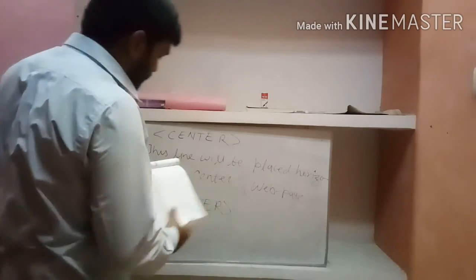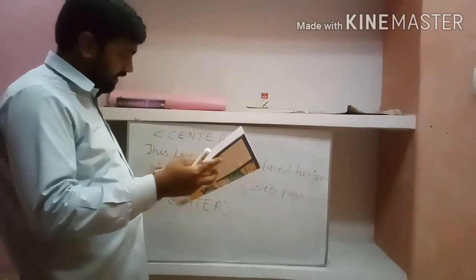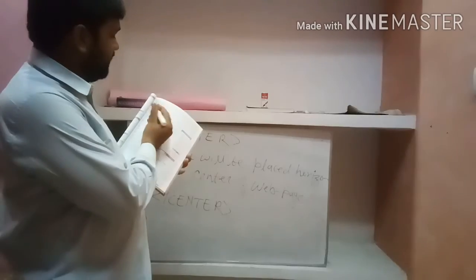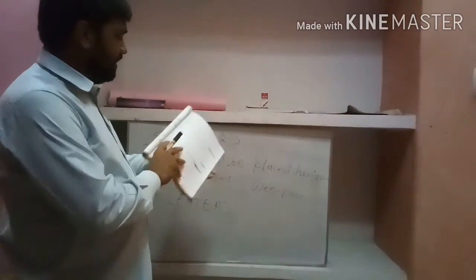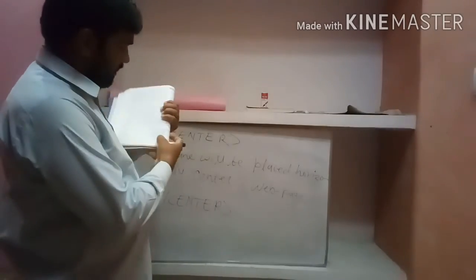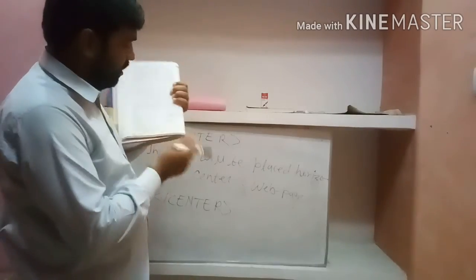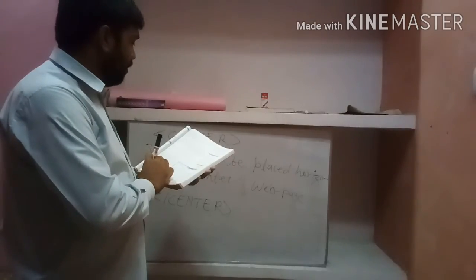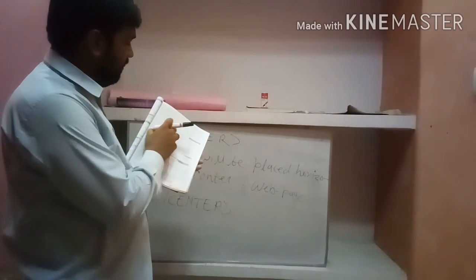You can see the executed code given in the book, page number 76. You find page number 77. See, there inside the center open and close, it is written: always remember me. And you see in the output that always remember me appears horizontally center of the web page. That is: always remember me. God helps those who help themselves. See, always remember me. God helps those who help themselves.